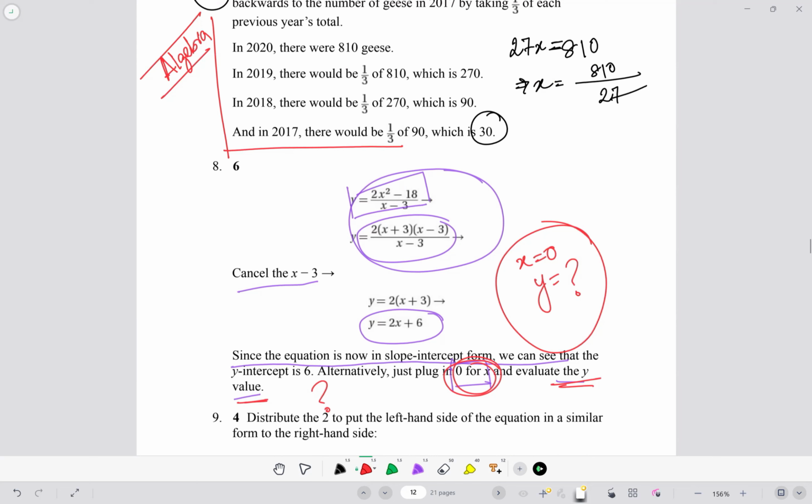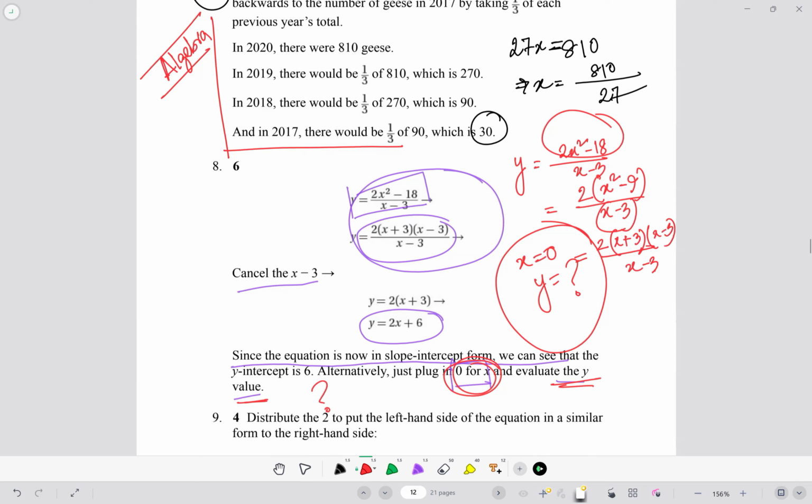And this is just nothing but some algebraic manipulation. Y equals (2x squared minus 18) divided by (x minus 3). Factor the numerator. You can take a common 2, and then x squared minus 9 over x minus 3. After that, you can write 2 times a squared minus b squared, which is (a plus b)(a minus b), and